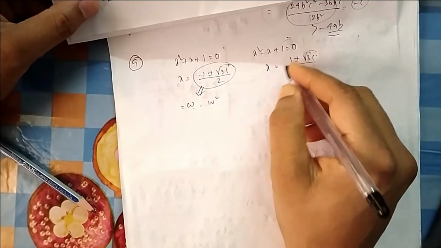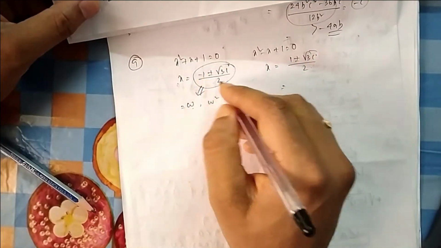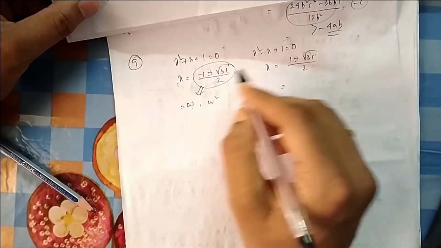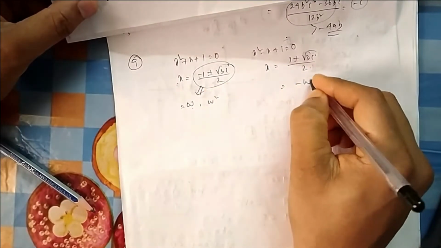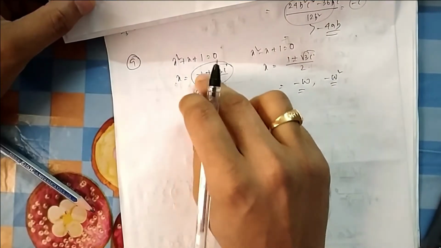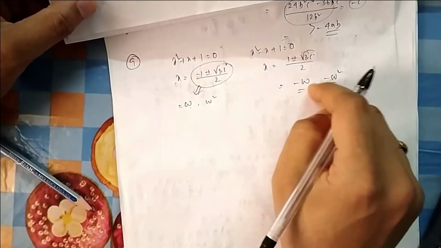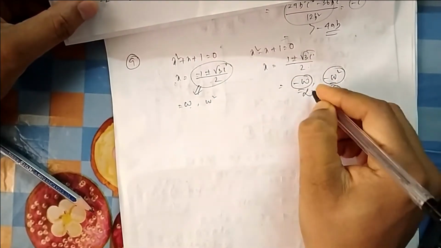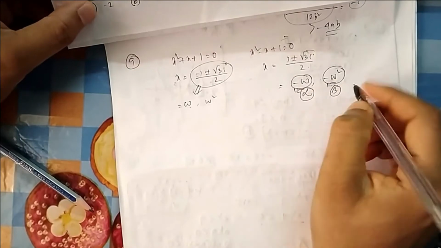So here it will be just a minus. If you take a product of this with a minus, then one will be 1 minus root 3 by 2, and the other 1 plus root 3 by 2. So anyone you can take as omega and anyone you can take as omega square. But there is a minus product. So one is alpha, one is beta, they have given. These are the roots. There are special characteristics of omega.